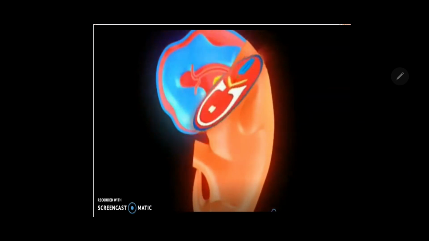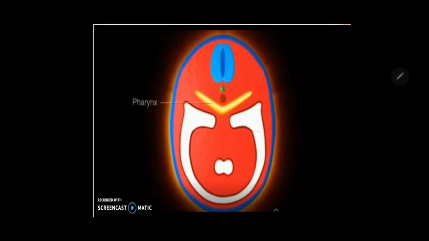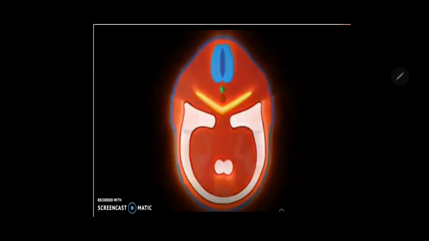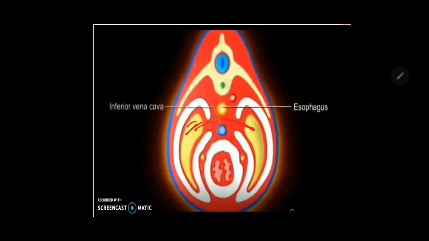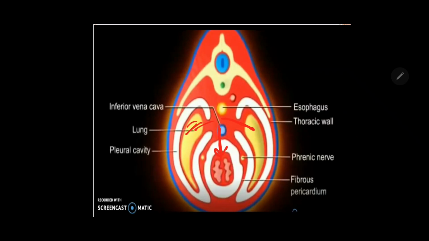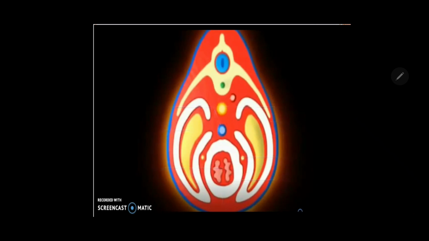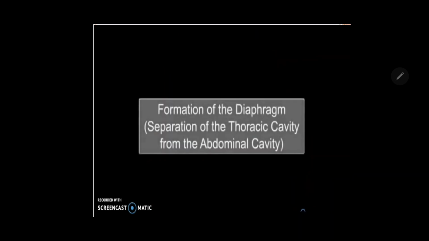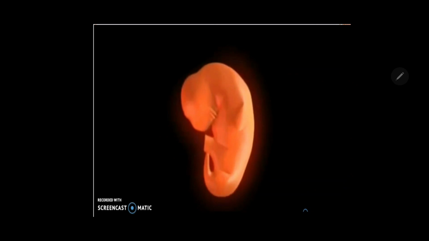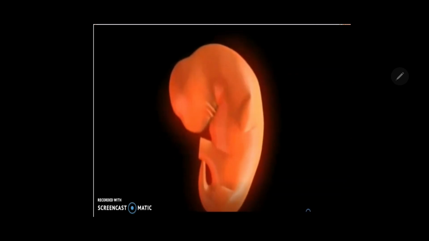If you see there, so this is how the horseshoe shaped primitive intraembryonic coelom is visible, and as the lungs invaginate medially and heart will invaginate from above and behind, the formation of pericardial and pleural cavities, and the formation of diaphragm and the development of diaphragm separates the pleural